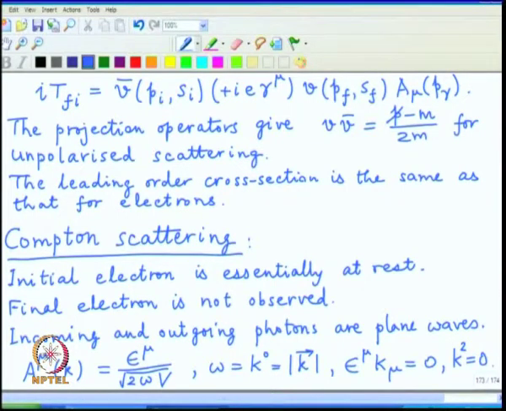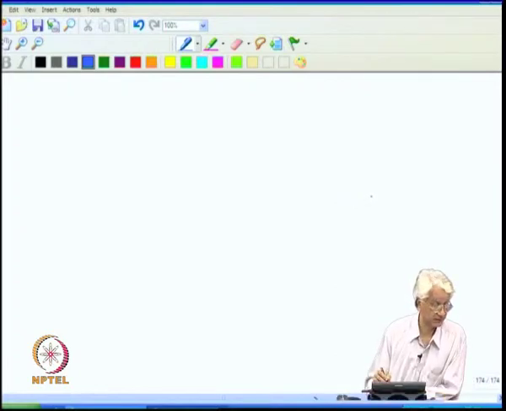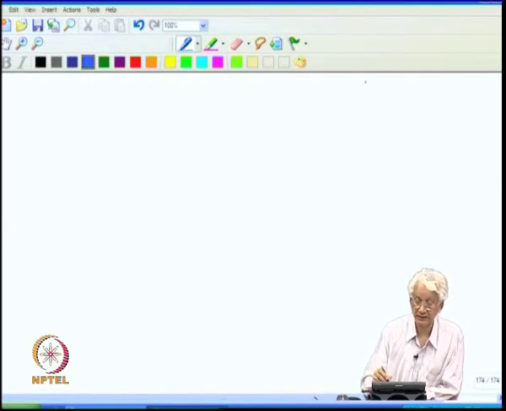The actual photon wave function will have an e raised to i k dot x factor, but when we transform to momentum space by a Fourier integral, that e raised to i k dot x becomes part of the Fourier integral and goes away, and what is left is just this overall constant which is independent of the location. So, now let us go back and draw the diagrams for this particular process, and those I had drawn earlier, I will draw them again.